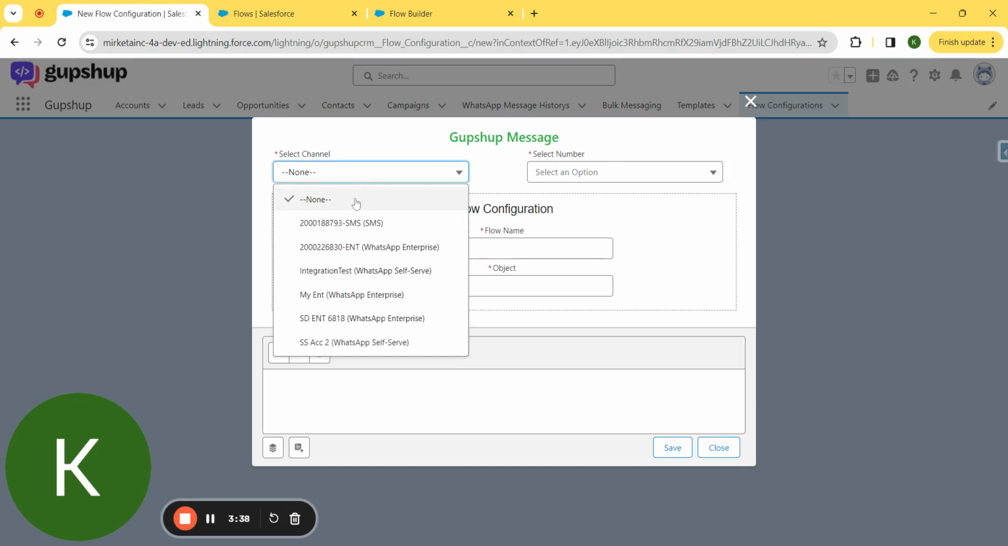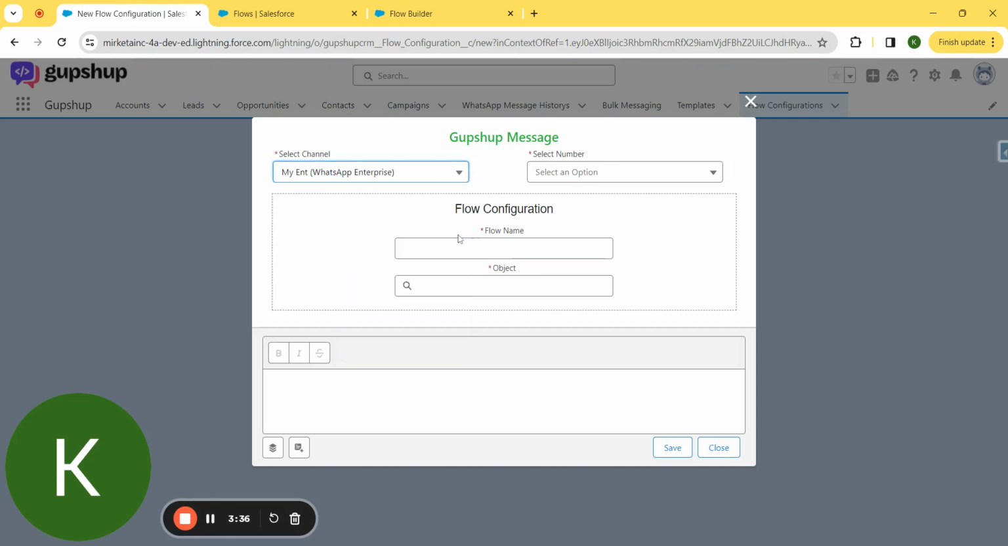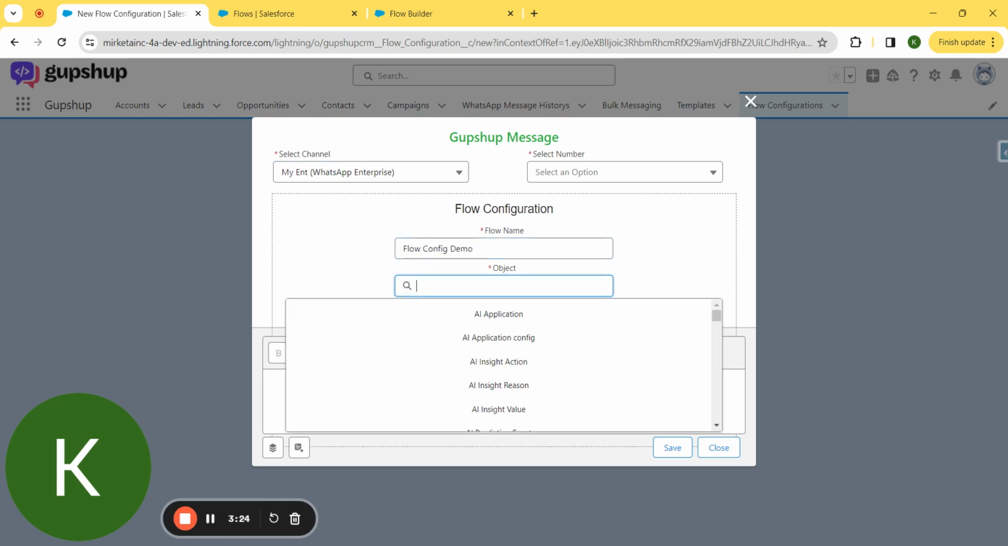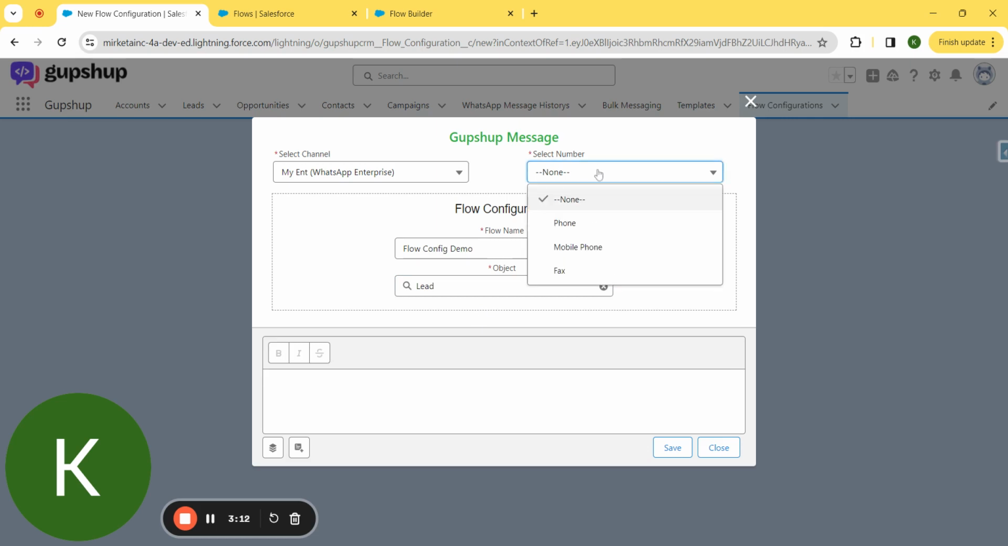So here I need to first select the channel. I need to give the name, like I will give the name for flow config demo. And I need to select the object from which I will trigger the record and send the WhatsApp message. So I will select the lead, and here I will select the number on which I want to send